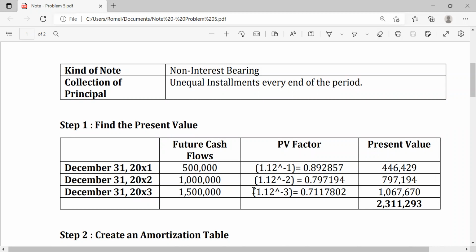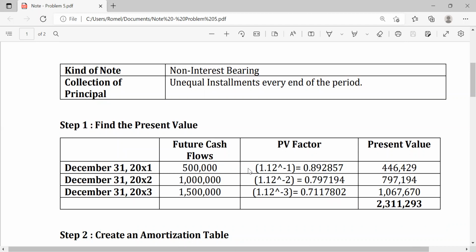Therefore, there will be 3 separate calculations. And what we will do afterwards is we will add the answers of the 3. So ganun yung approach na gagawin natin dito. So first is December 31, 20X1,